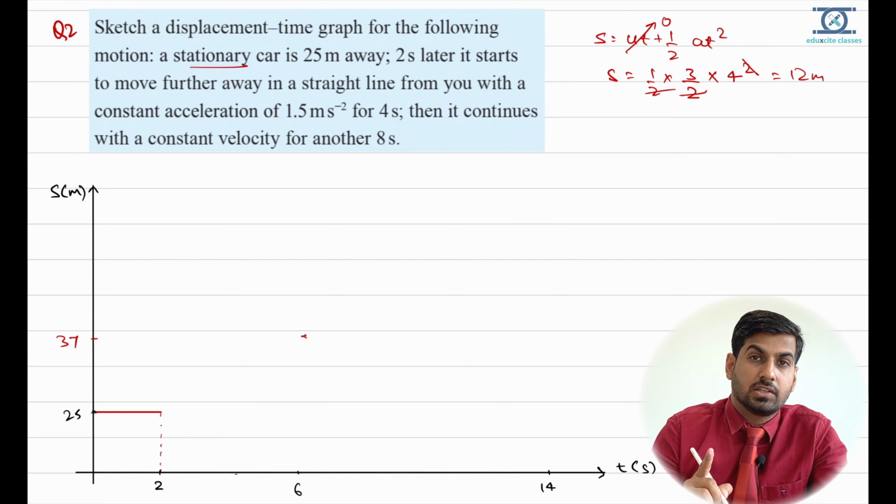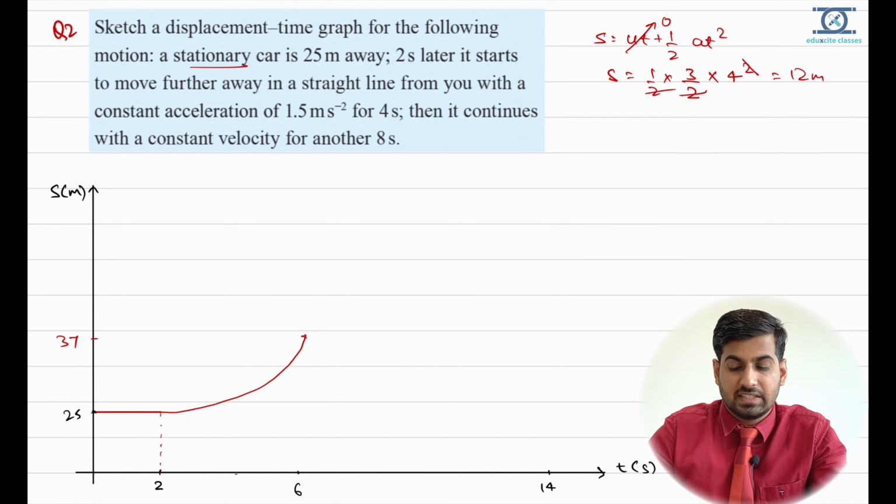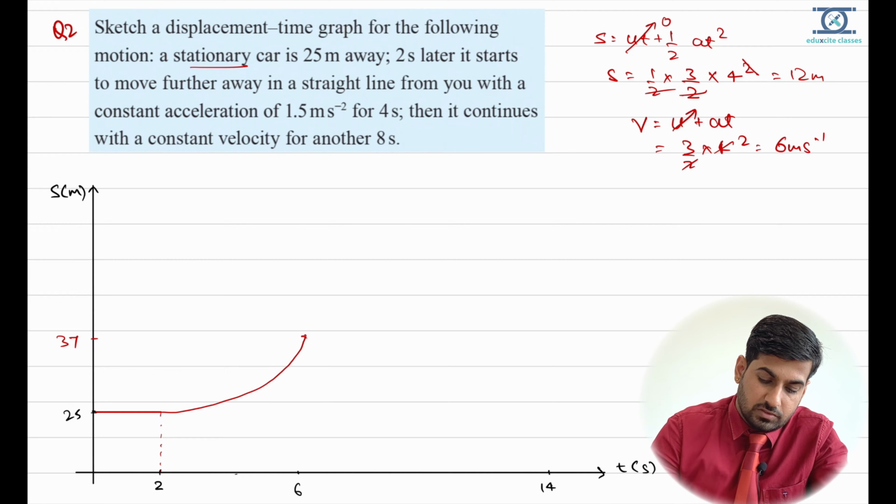So the acceleration curve in the displacement time graph will be a curve, not a straight line. So I will make a curve upward because it is accelerating, and then it continues with a constant velocity for 8 seconds. So now if it is moving, you can find out the speed, v equals u plus at, right? u is 0, a is 3 by 2, time is 4. So this will be 6 meter per second. So the speed is 6 meter per second, and distance will be speed into time. So this will be 48